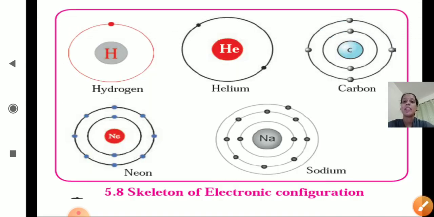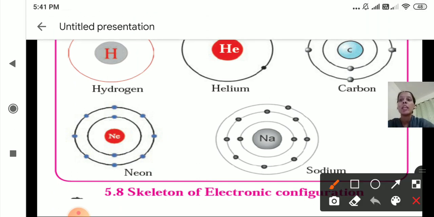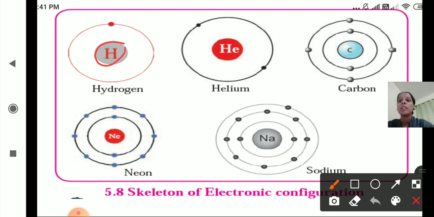Now the next one is the skeleton of electronic configuration. How to draw the skeleton of electronic configuration? This is for hydrogen. How will you draw it? In the center, first you draw the nucleus. You write the symbol for hydrogen, that is H. How many total electrons are present in hydrogen? That is 1. So you draw only one shell and show this 1